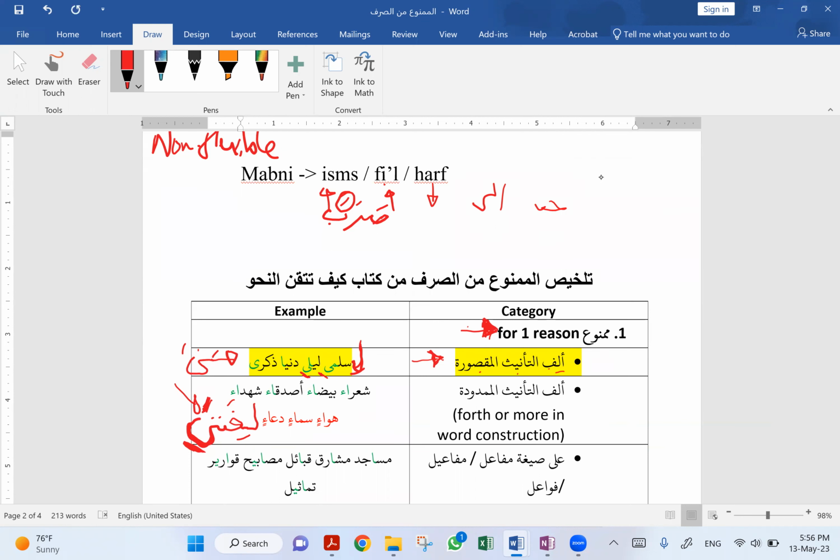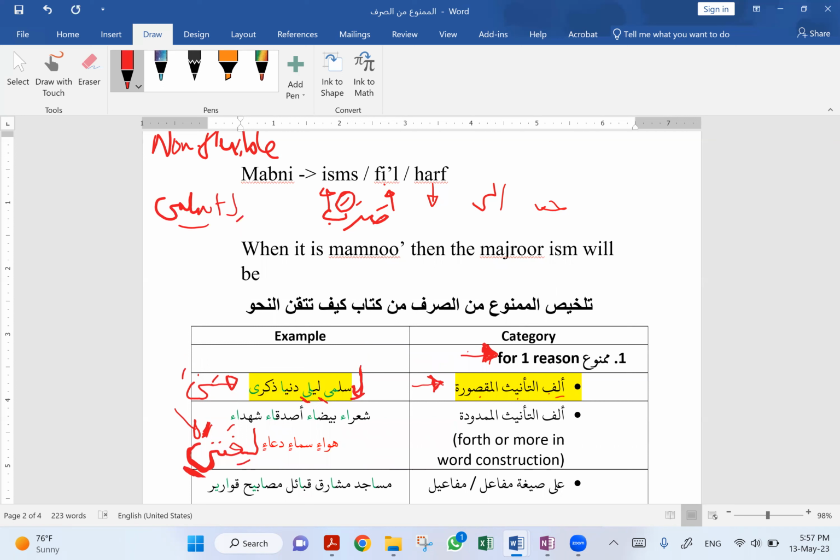Okay, I didn't understand it, so let me just type it here. So when it is mamnu' min as-sarf, then the majroor ism, basically if we have lam plus Salma, so lam is the harf of jar, Salma is the ism majroor, right? So that's what I'm referring to, then the majroor ism. So this majroor ism will be fi mahalli jarr, sorry, alamat jarrihi